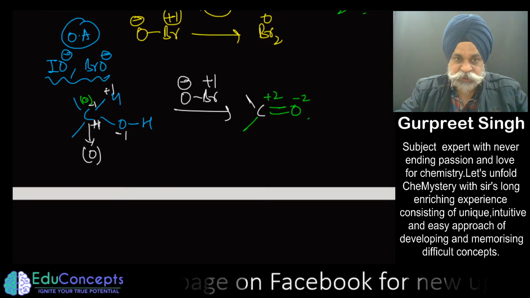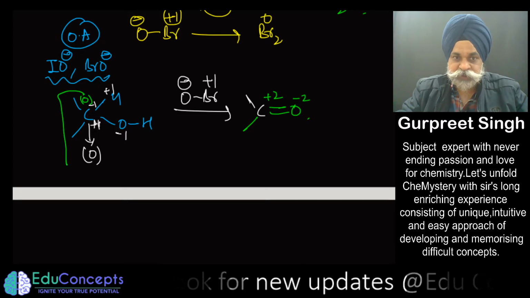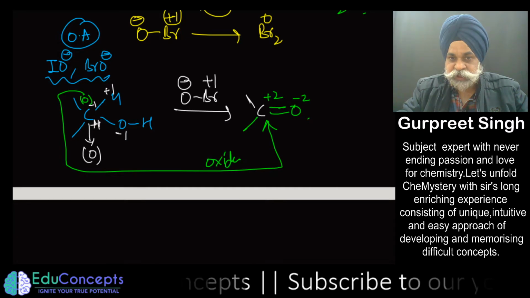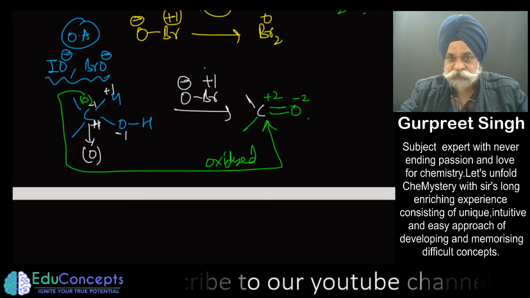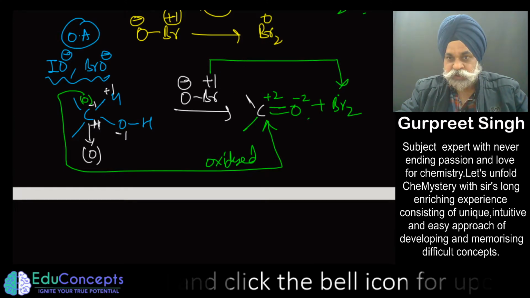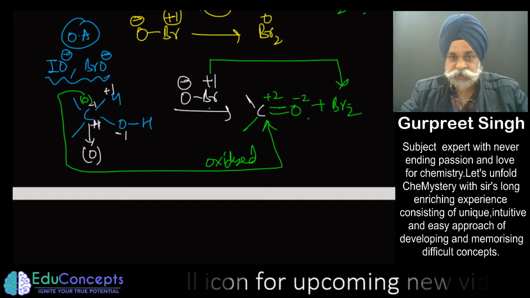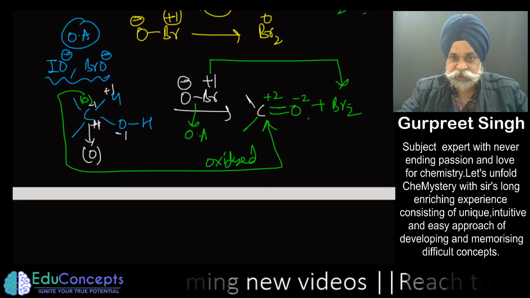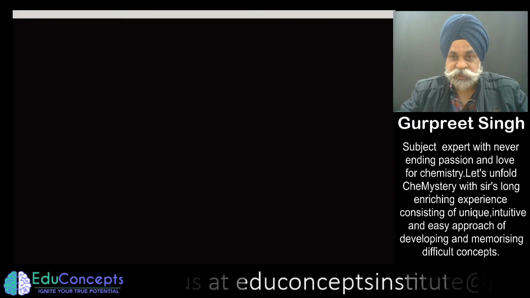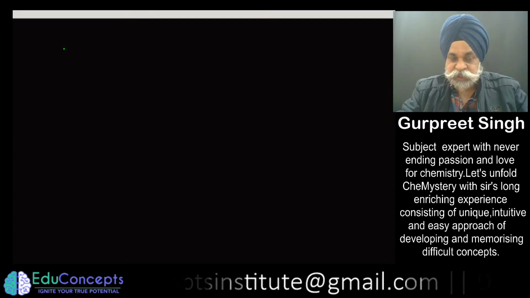This carbon which was in zero oxidation state happens to go to +2 oxidation state. So it has been oxidized, and this Br which is in +1 happens to go to Br2. This got reduced. So make it a point, this is acting as an oxidizing agent. So what would be its role? It will convert any secondary or primary alcohol to the corresponding ketone or aldehyde.